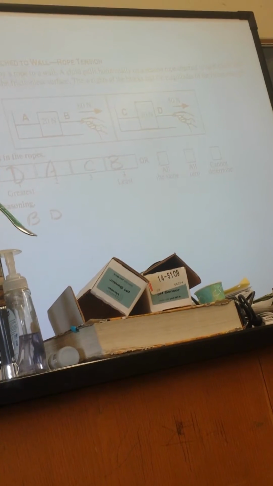Can anybody tell us how to find those tensions for A and C? Sammy? Well, it says the objects are at rest, so I think A and C are pulling back. A is pulling back with 80 newtons and C is pulling back with 50 newtons. Your contention is 80 newtons this way for A and 50 newtons this way. Yeah. I mean, also write that in pencil. Okay. I agree. You agree? Okay, so you've got some backing.